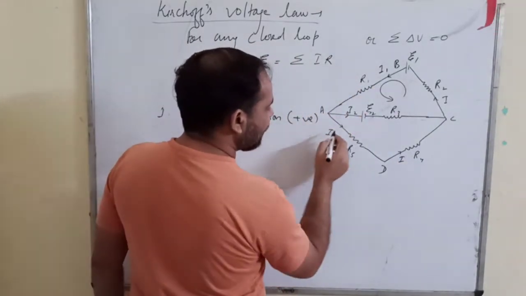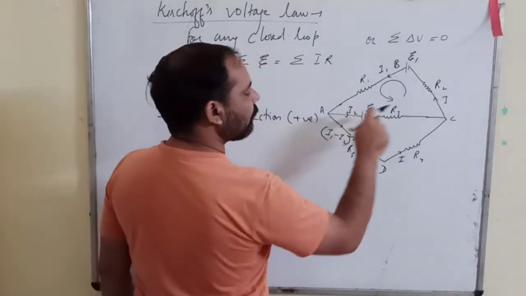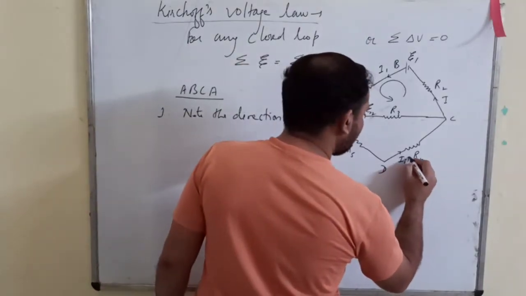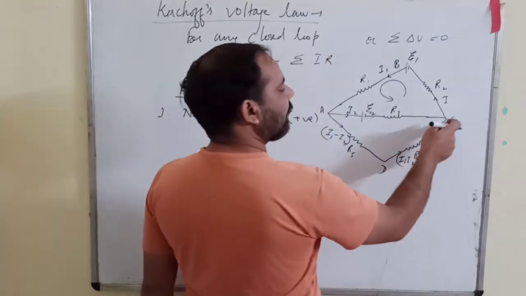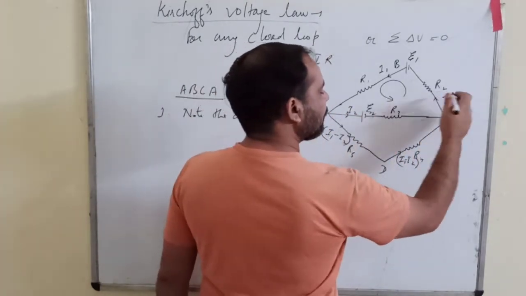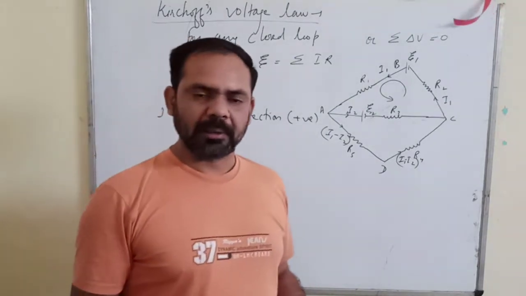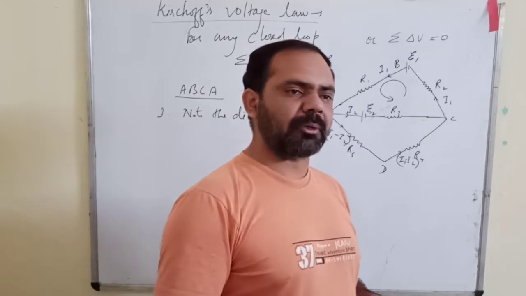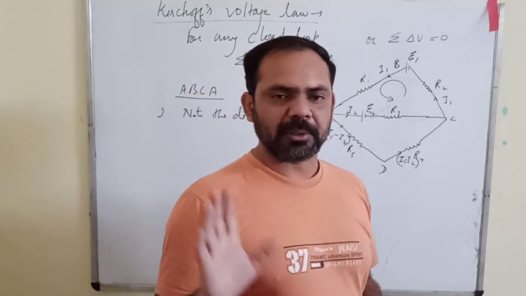This is I1, this is I2, you can write I1 minus I2 here. Suppose I2 goes here, then I1 minus I2 will come here. Here this will be I1 minus I2 because there is no division taking place. Now here I1 minus I2 plus I2, so this will be I1 again. This is your choice. But what you need to do is try to keep your number of variables as minimum as possible.